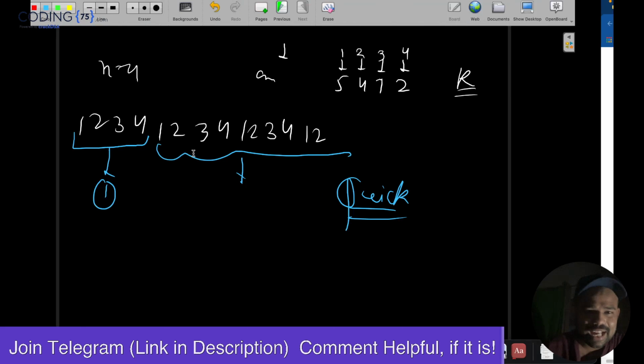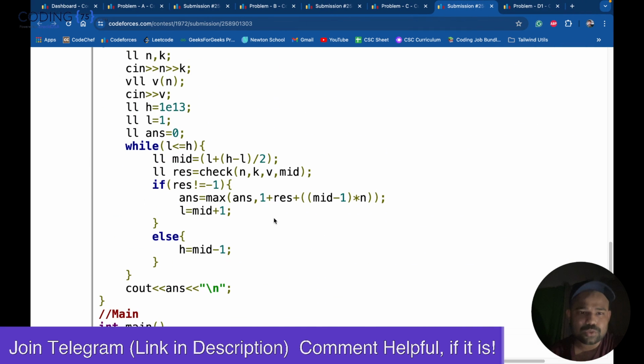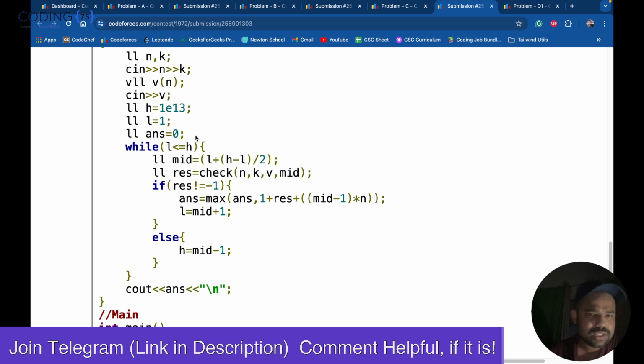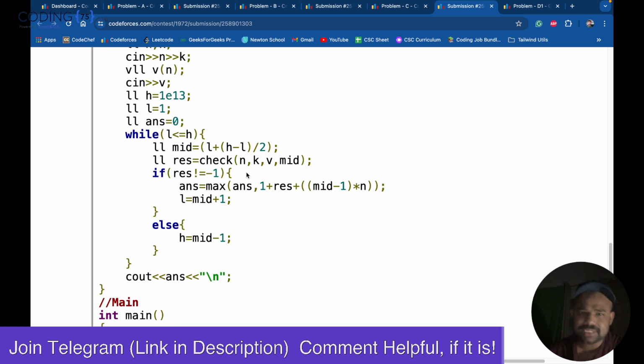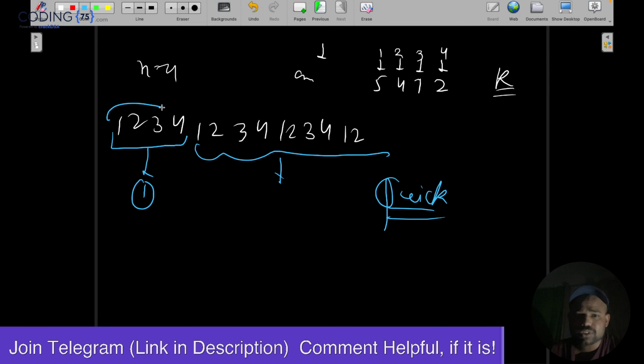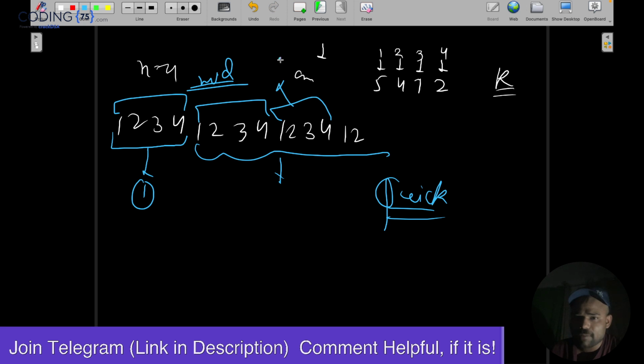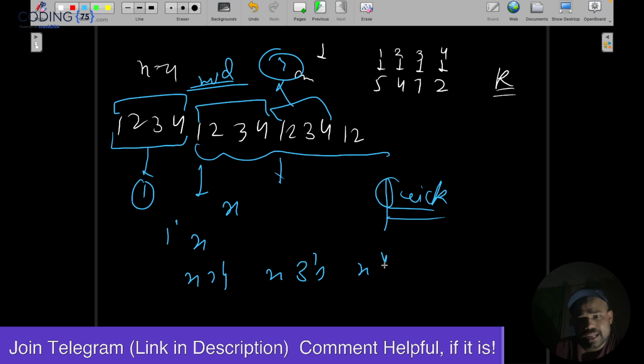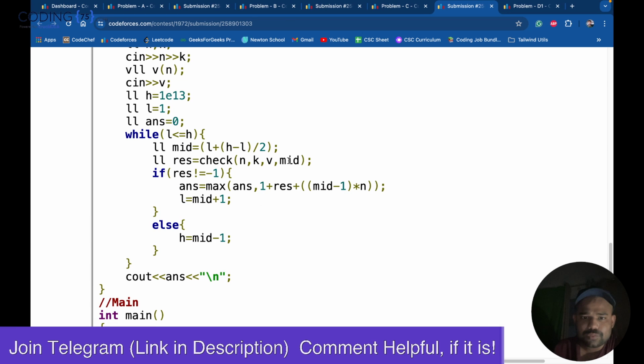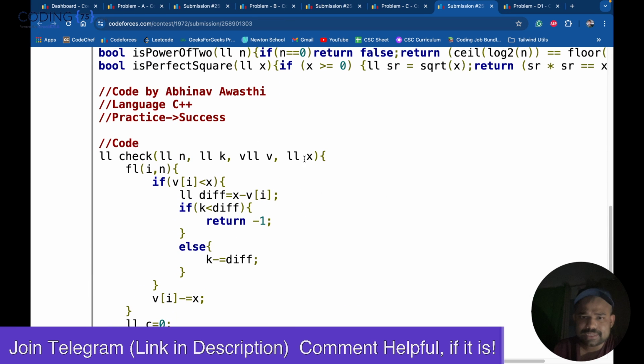So what I did here is I am using a binary search. I'm taking this as the highest and lowest. Now for every value of mid, I'm checking. This function checks whether we can have that many repeats. So this mid basically represents how many repetitions of 1 to 4 we can have. Just like here we have 3 repetitions. If we have, let's say, x repetitions, we need x 1s, x 2s, x 3s, x 4s, and so on, right? So I will call this function with x. That means we want x repetitions of 1 to 4, 1 to 4, 1 to 4.